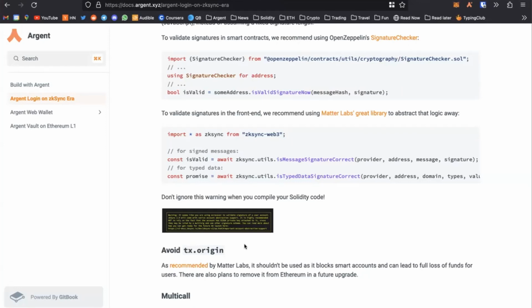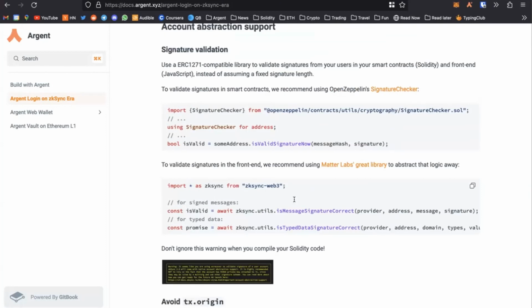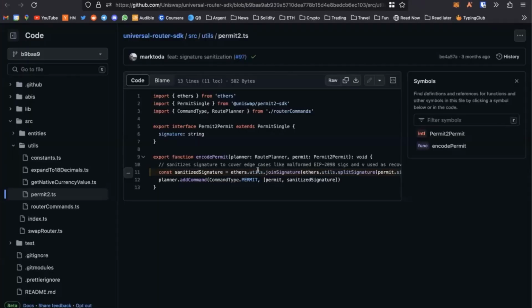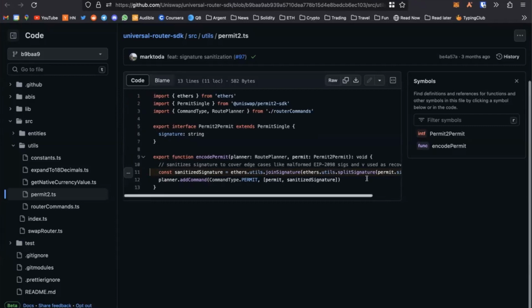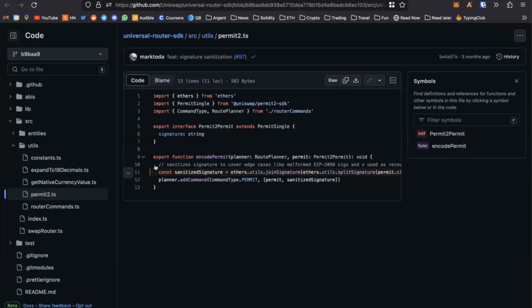So yeah, coming back to signature validation, there are two parts to it. There's one in the smart contract and one in the SDK. You also have to check them differently on the client side. For example, we had a case with Uniswap where in some of their JavaScript library, they forgot that a signature could be something other than a plain ECDSA signature. They were taking a signature and parsing it in a way where it was assumed to be just ECDSA, and that broke some flow.